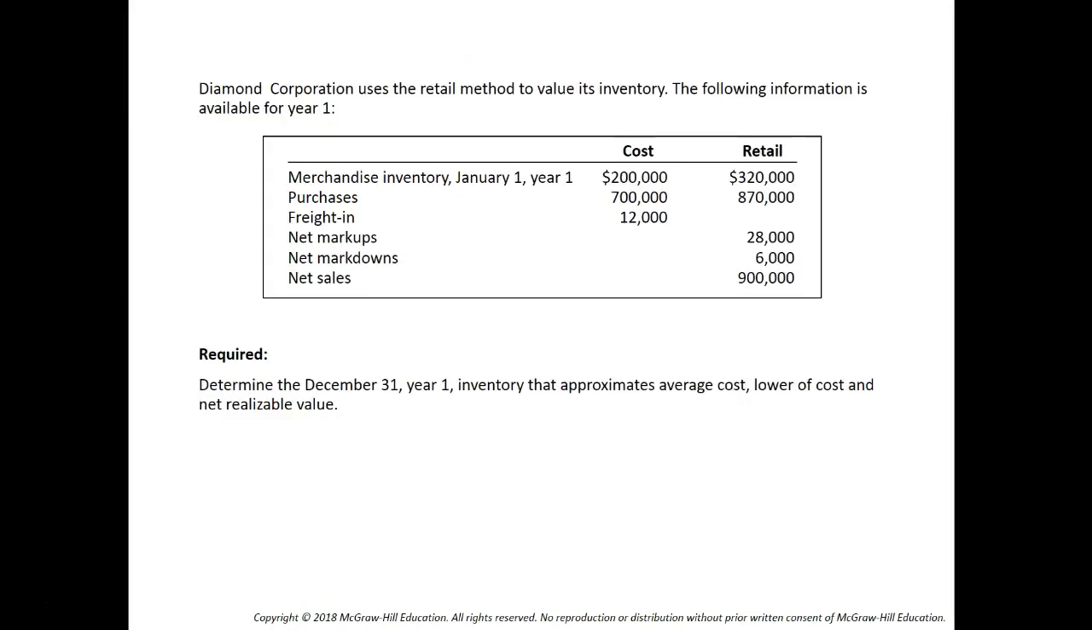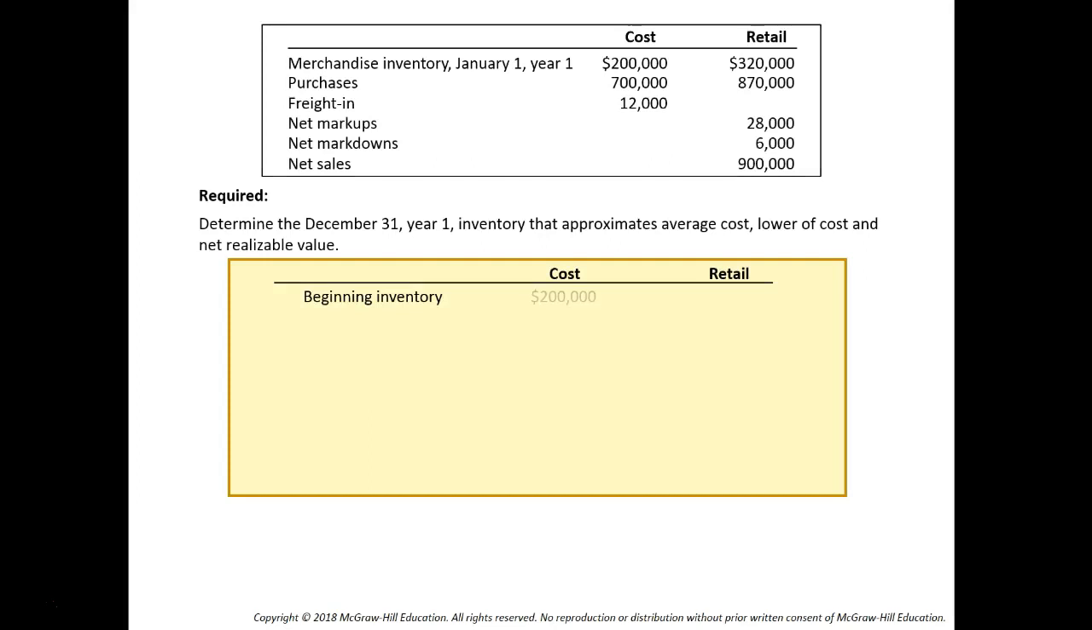Let's look at exercise 914. Diamond Corporation uses the retail method to value its inventory. The following information is available. Determine the December 31st, year 1 inventory that approximates average cost, lower of cost, and net realizable value. So, our beginning inventory cost is 200, retail 320, plus our purchases, cost, and retail. We'll add in our freight, add our markups to retail to give us total retail of